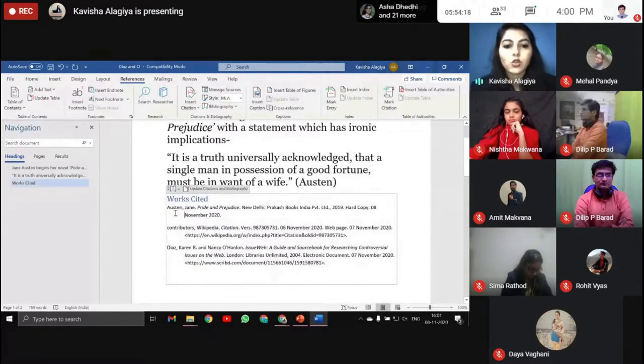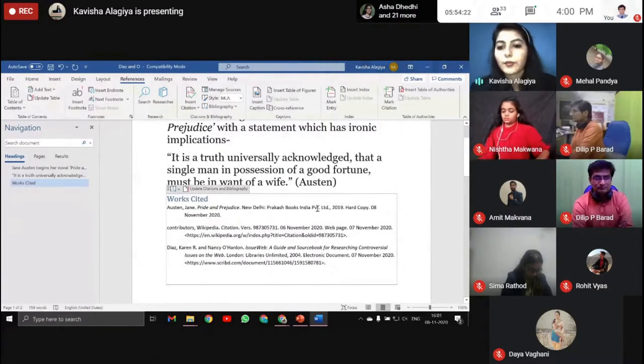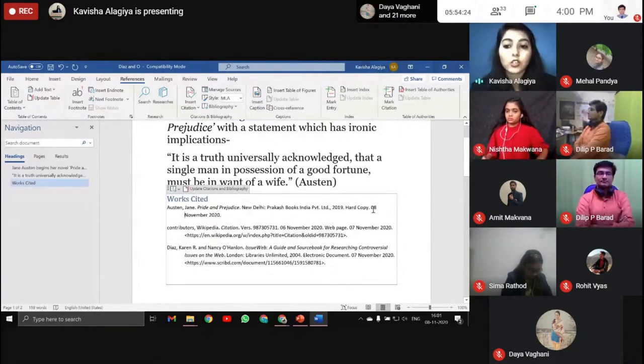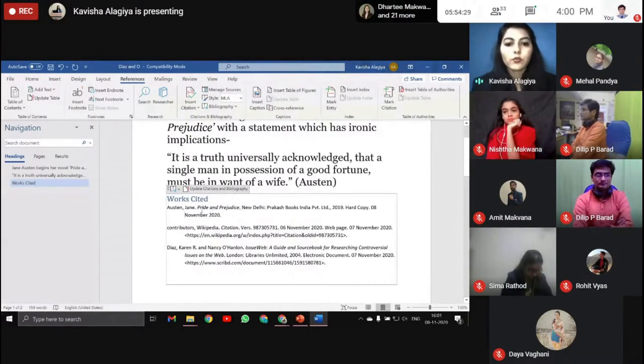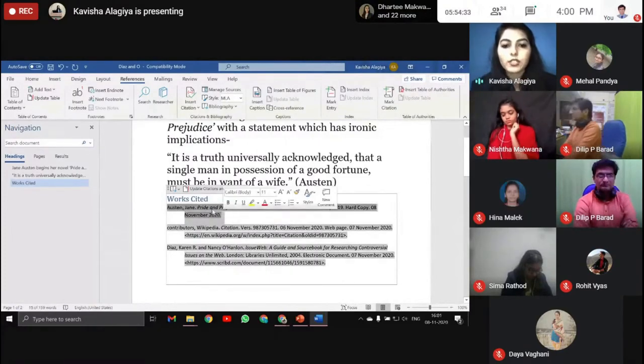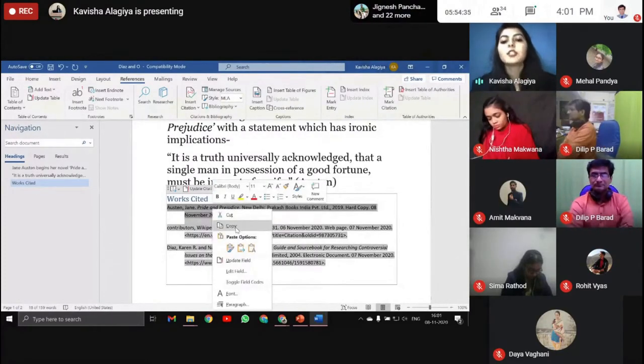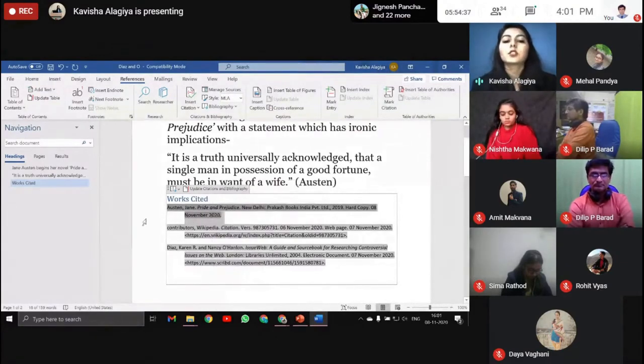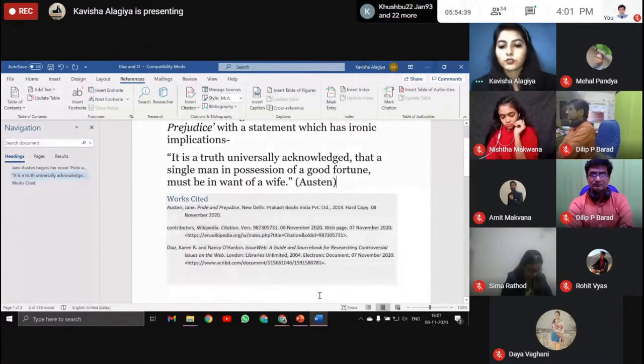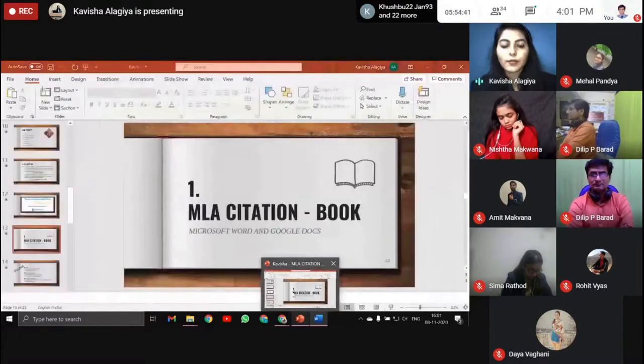So yes, you got this: Austen, Jane, Pride and Prejudice, New Delhi, Prakash Books India Private Limited, 2019, hard copy, 8 November, which you have accessed today. If you are working on a blog, you just have to copy this and paste it in your blog. So this is your works cited or reference. Fine. Coming to our presentation,